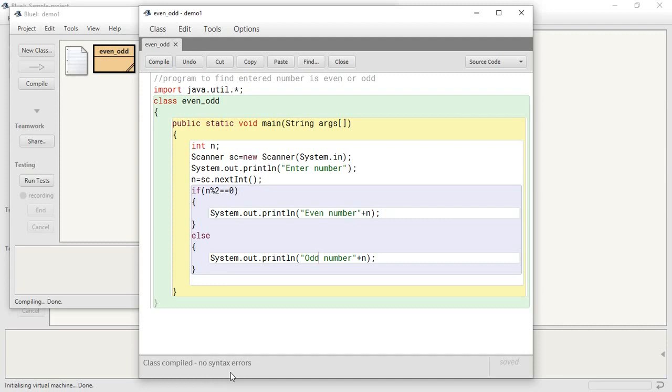Maybe a semicolon is missing, the proper closing of the curly braces is not done, or something is misspelled. It is case sensitive, so if it is a capital letter, you should provide the capital letter, and if it is a small letter, you should provide the small letter. Proper casing is also important here. Okay, if there is no syntax error, then close it.